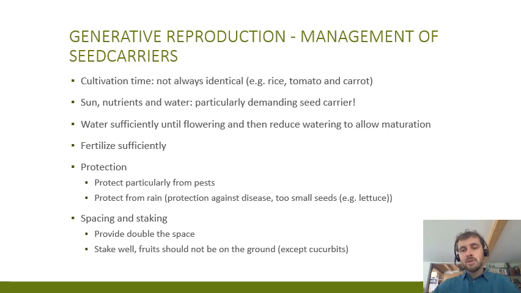On a cereal, you usually just harvest from the normal field, so you don't give more space. On tomato, if you want to do seed, you will give more space, even if it's the same crop management. And on carrot, you will need a lot more space for seed than just for carrot root production.